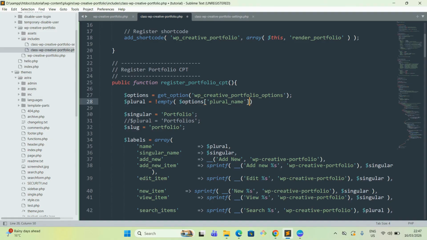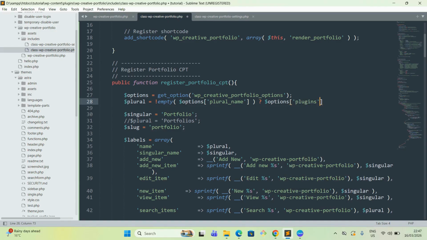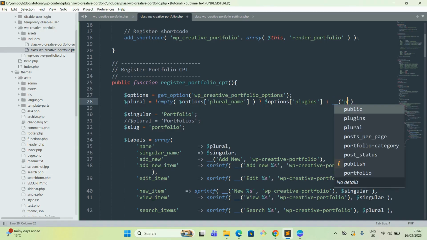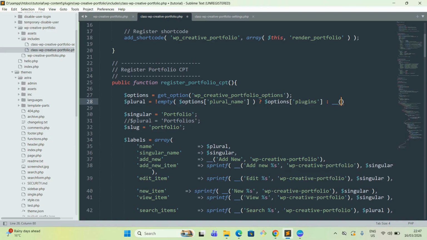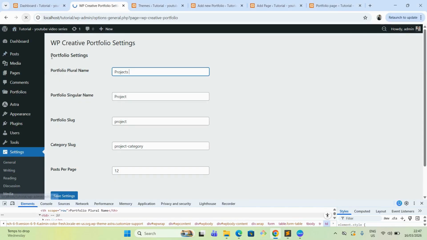All right, so we have to make sure it's not empty. If not empty, then we have to fetch it. And if it's empty, what to do? If it's empty, simply we can pass our default. What was our default name? Portfolios, and our text domain. All right. And now if I simply save it and reload,